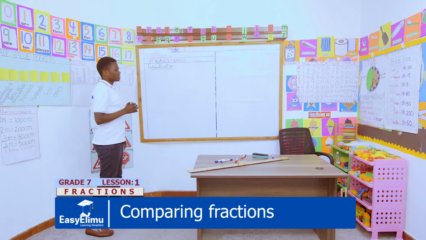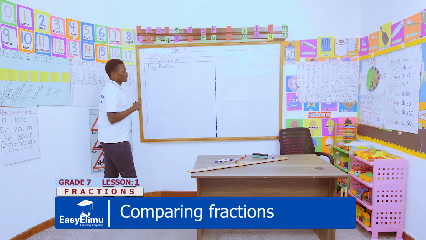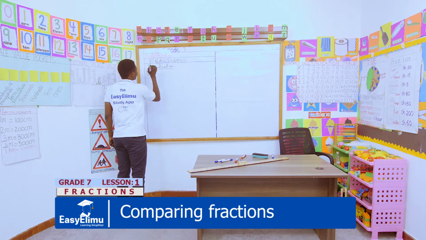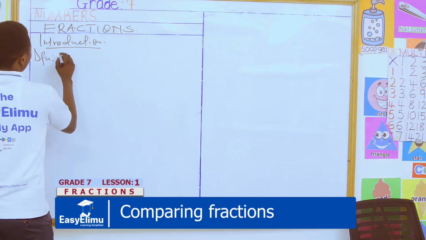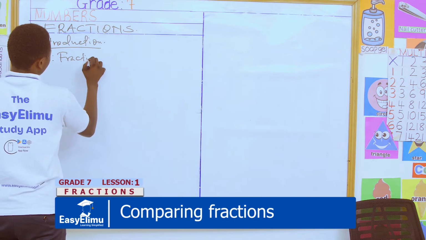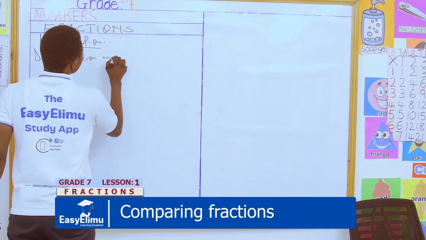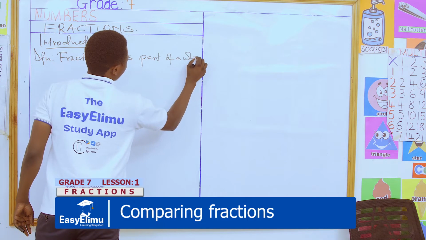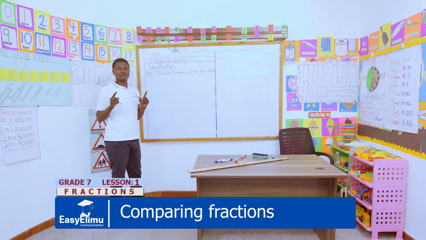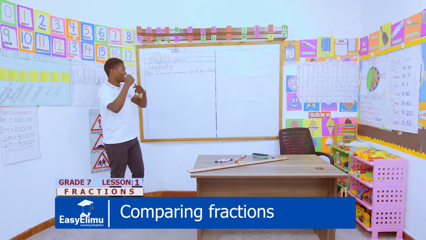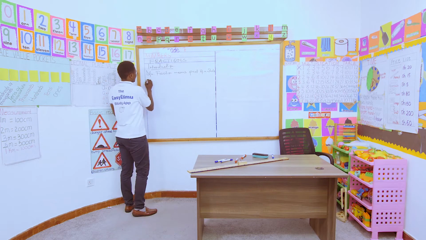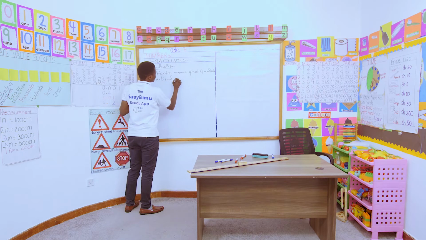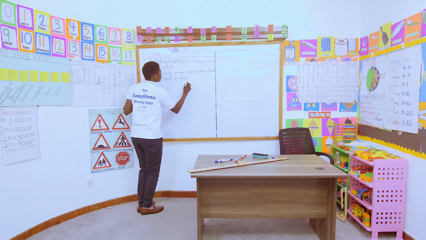we can define in simple terms what fractions are, or a fractional number. Definition. In other words, fraction means part of a whole. It means a fractional number is not a whole number, it's a part of a whole number. And what of a fractional number? A fractional number, or rather a fraction,